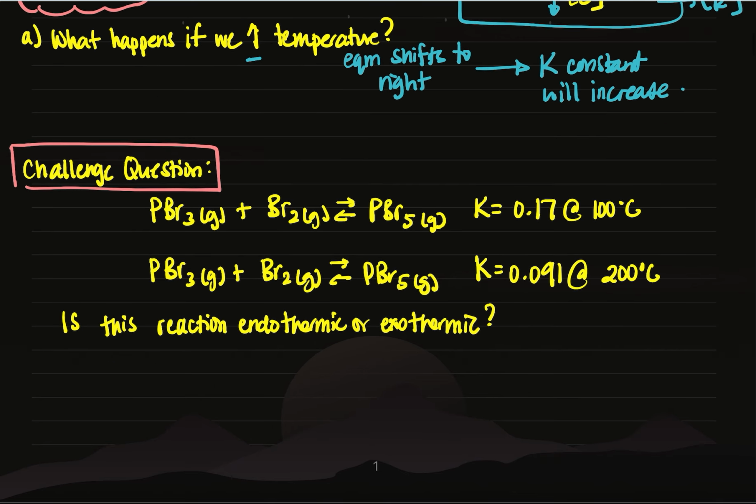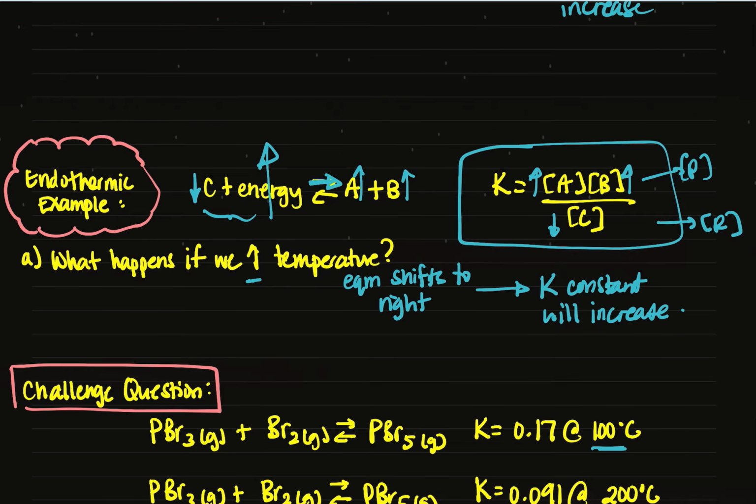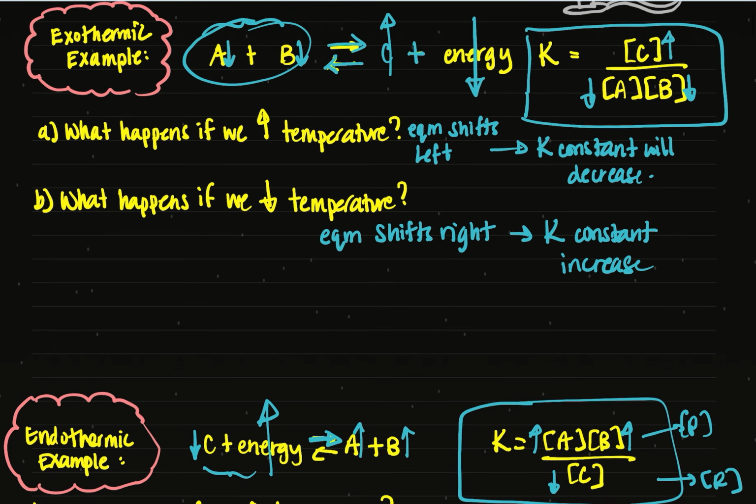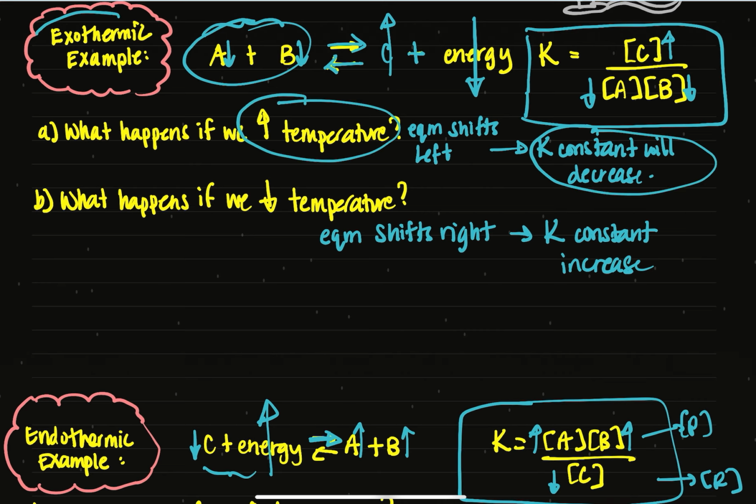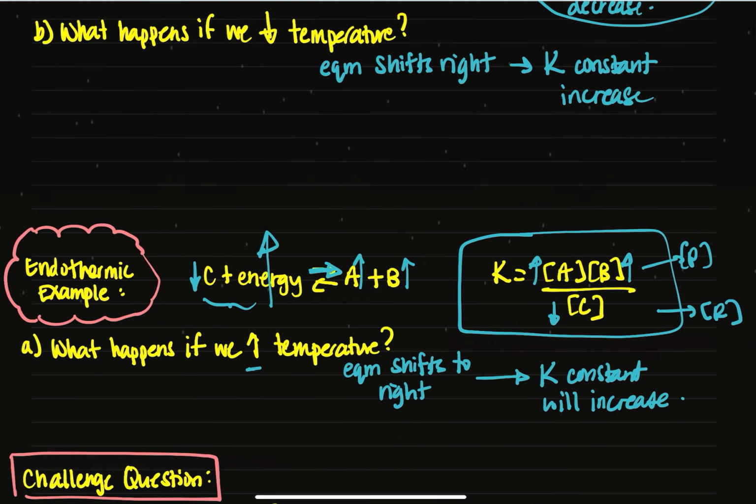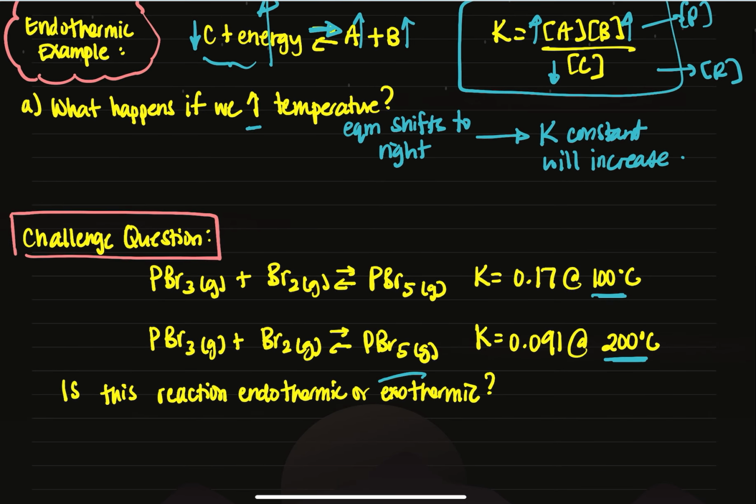So let's try a challenge. In this challenge question, I have the same chemical equation, but at two different temperatures. At 100 degrees, the K constant is 0.17. At 200 degrees Celsius, the K constant is lower, 0.091. Is this reaction endothermic or exothermic? Let's look at all of the things we just learned. If I scroll back, K will decrease when we increase the temperature for an exothermic reaction. And that's what this situation is showing me. So this is going to be an exothermic reaction because K decreases when